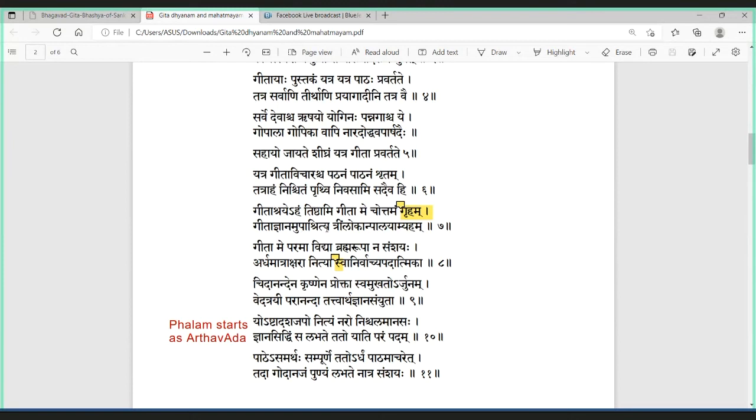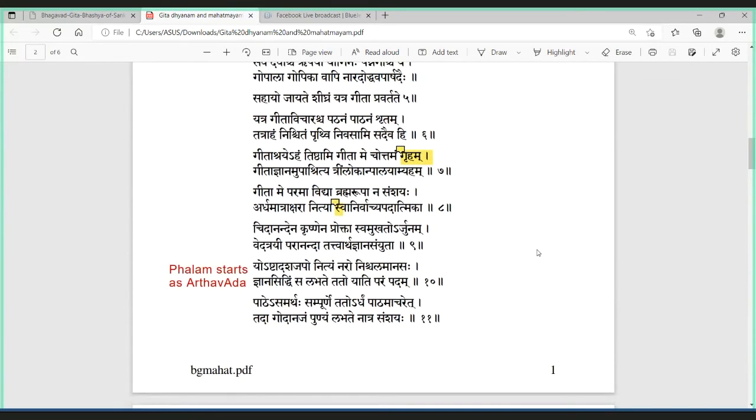Gita jnanam upashritya. He says, Vishnu says, Vishnu is the sthiti karta of the jagat. He says, for employing the sthiti of the jagat, I also take the help of Gita Gyan. Gita Jnanam Upashritya. Treen Lokan Palayami Aham. And that is how I protect the three. Palan karta hu Tino Jagat ka. How do I protect the three worlds? I also take the ashray of the knowledge that is there in the Gita. That is how I also use that knowledge and I also manage to run the three worlds.